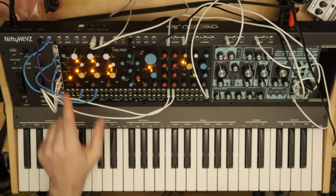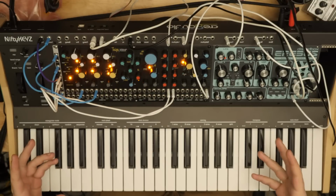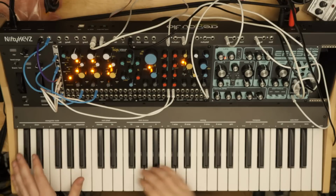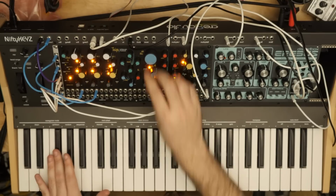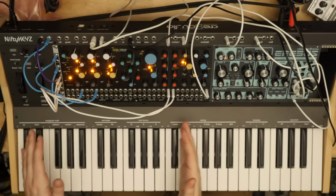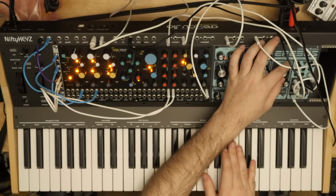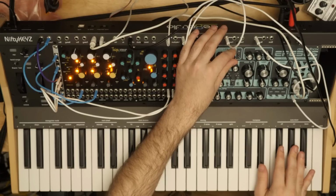The Nifty keys could be 4-voice polyphonic if you had the space in the modules for it. I'm using it for 2 separate voices. So if I play the lower 2 octaves, that's the Taiga. If I play the upper 2 octaves,